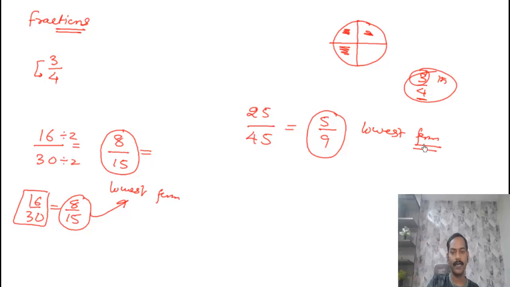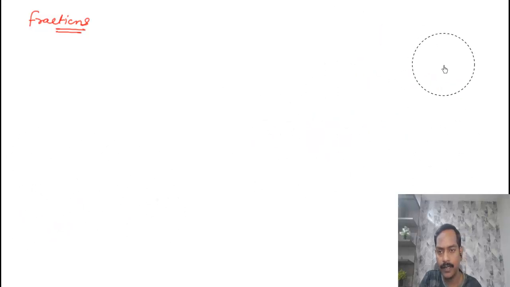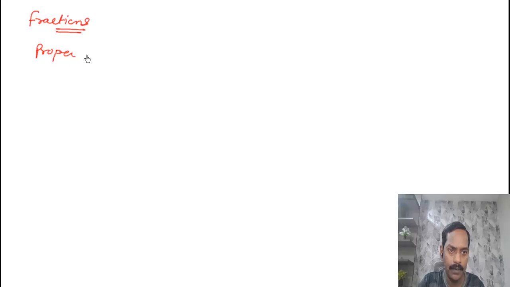So I hope you have got the basic idea about the fraction. Now there are various kinds of fractions, so let us understand those also. Broadly, fractions are divided into 3 parts. First is a proper fraction. Now what is a proper fraction? A proper fraction is all such fractions wherein the numerator is less than the denominator. For example, 1 by 2, 3 by 4,